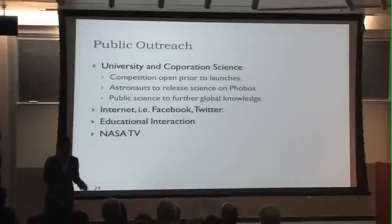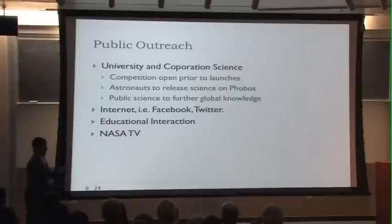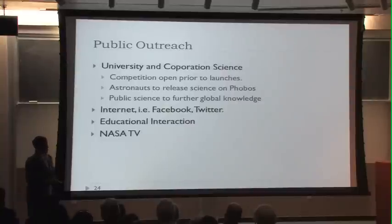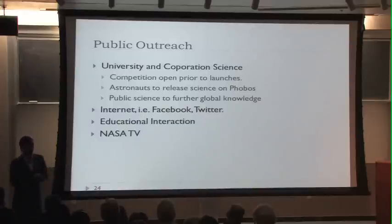You might have noticed by now that Team Voyager is really excited about this mission. But for this mission to be a real success, we also want the public to be excited about this mission. So we came up with a few things for public outreach. First, we've allocated more than 1.25 tons for public outreach payload. These will be distributed on the Precursor mission, on the Phobos Explorer and the Deimos Explorer, but also on our human mission. So we will have competitions, maybe at universities, also